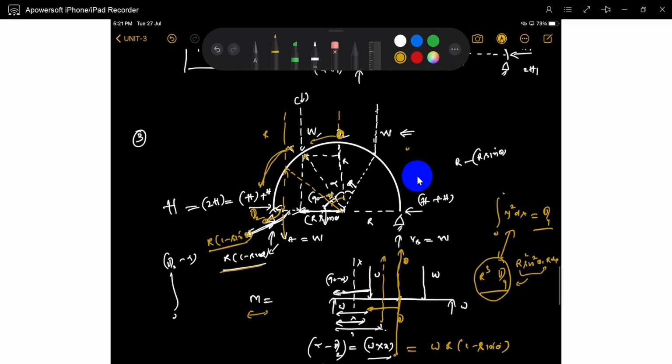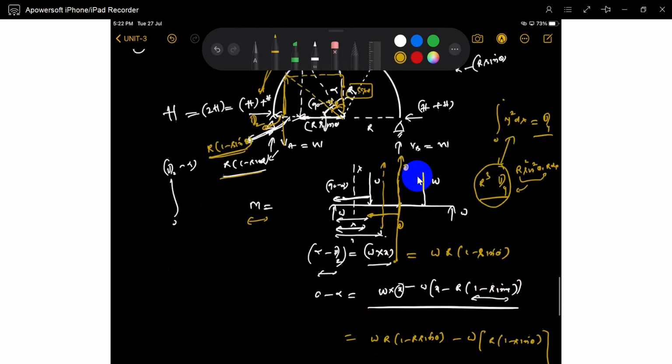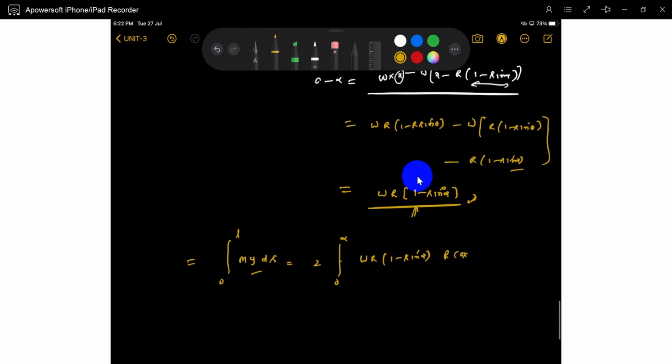Now in this situation, x is r into 1 minus cos theta. And y is exactly equal to r cos theta. I will take this as theta, so exactly this value is r cos theta. I will do it in reverse, that will give r cos theta. So exactly every section r cos theta is equal. So that's it, r cos theta, r d theta is ds. So this is 0 to alpha.